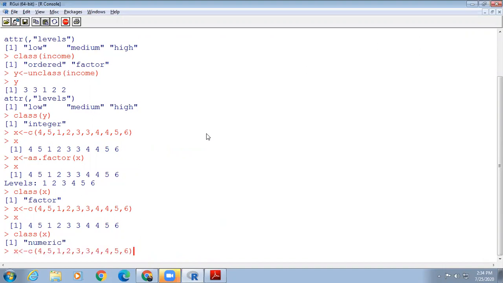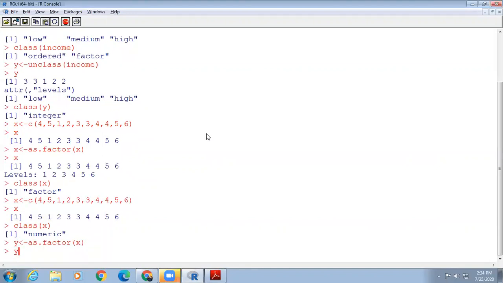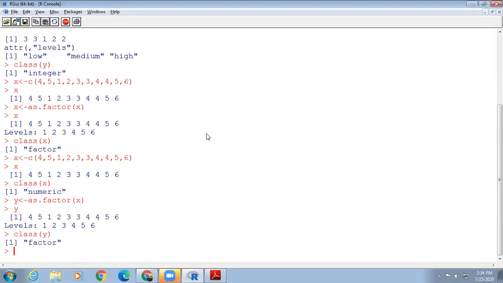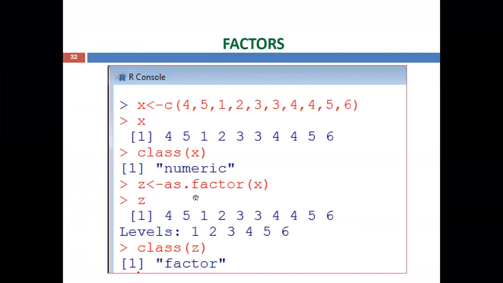Then you convert that x into a factor, and you can store this into another variable, let us name it y. Now you can call y, it is a factor now. Now you can see the class of y. What is the output? Class of y is now a factor. So like that, as.factor is used to convert a vector into a factor.